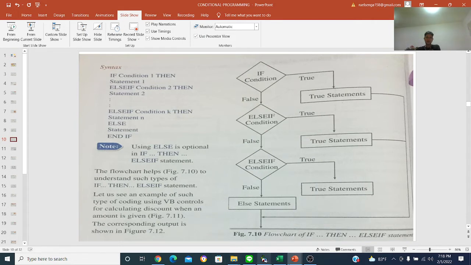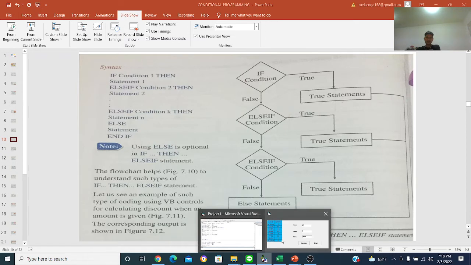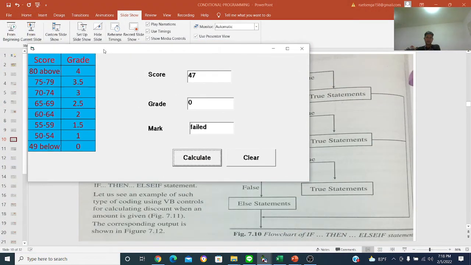So in our condition here, we will check if 80 and above is true, 75 to 79 is true, 70 to 74 is true, 65 to 69, 60 to 64, 55 to 59, 50 to 54 is true, until they reach 49 and below, which is